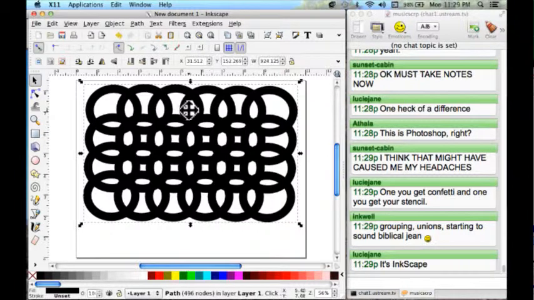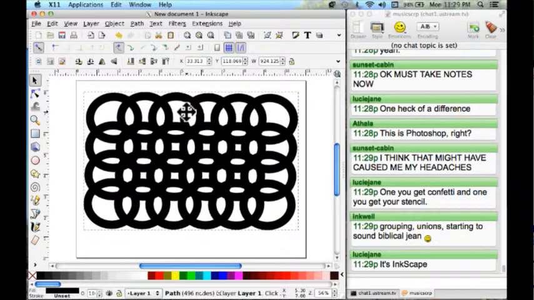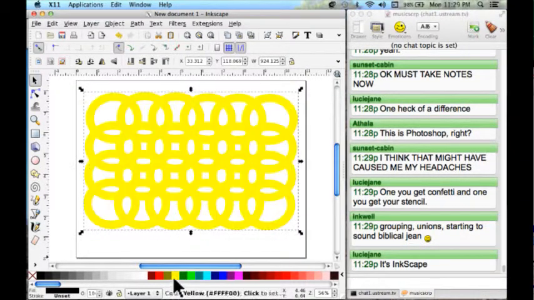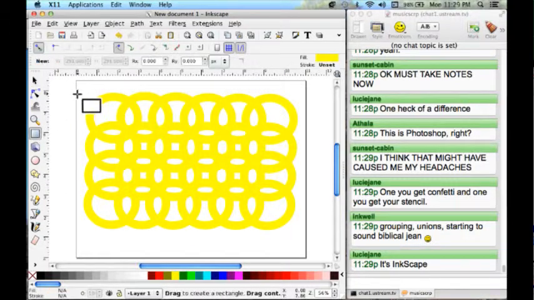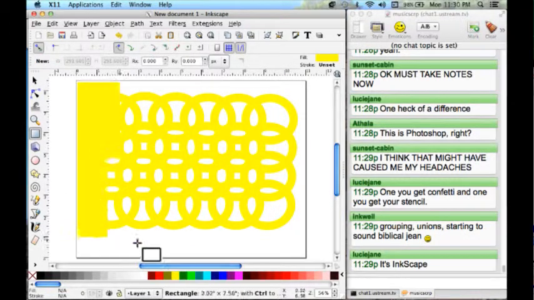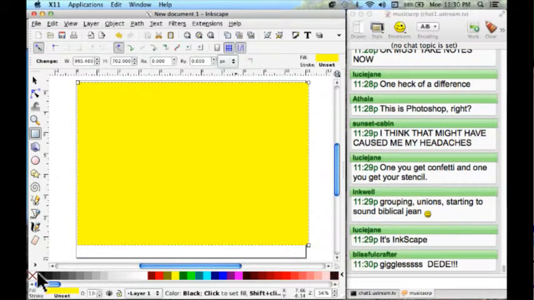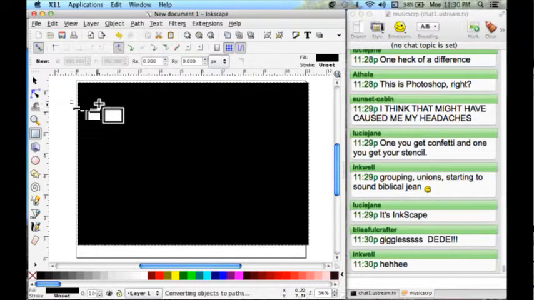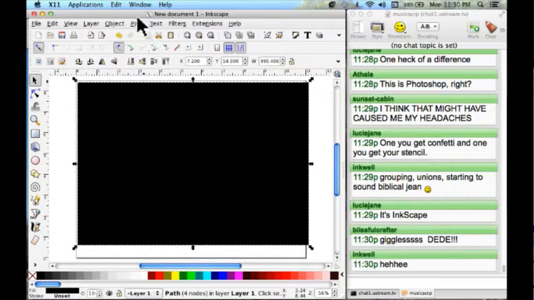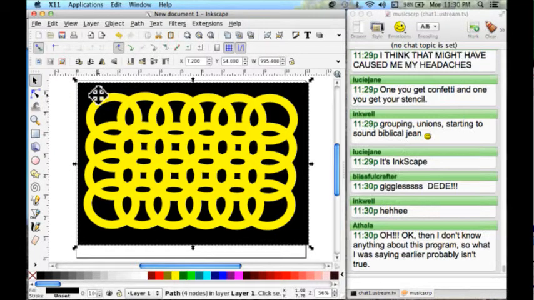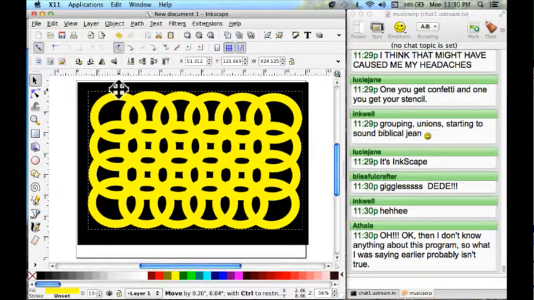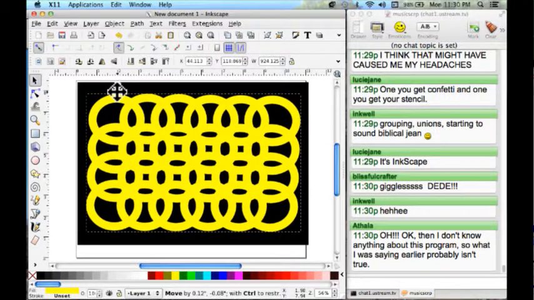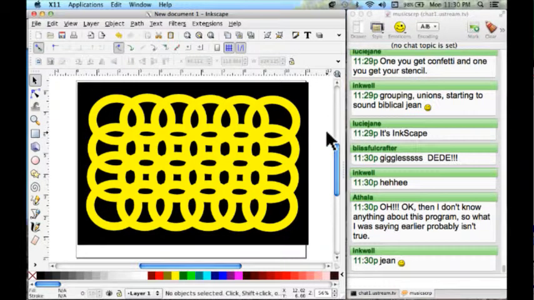Now, see, now here's the thing. What if we took a rectangle? Okay. Path, object to path. Let's send it to the bottom. Okay, so now let's say you wanted to make something similar with a stencil. Now the problem with the stencil is